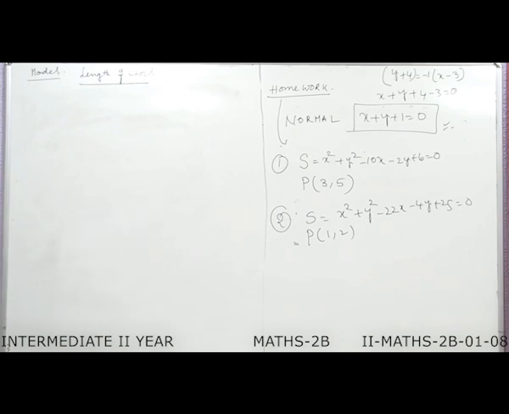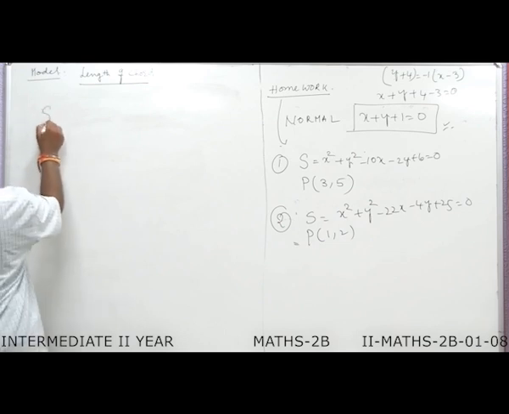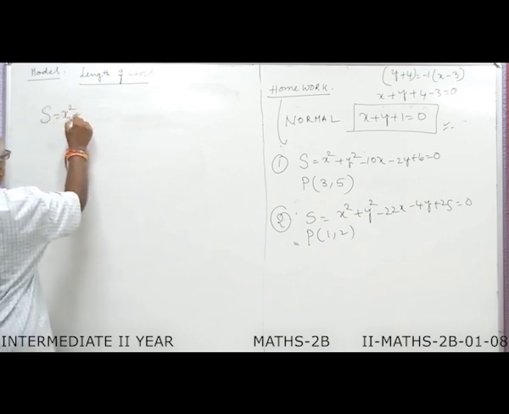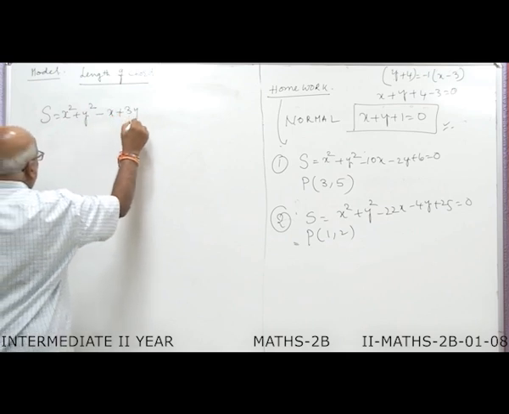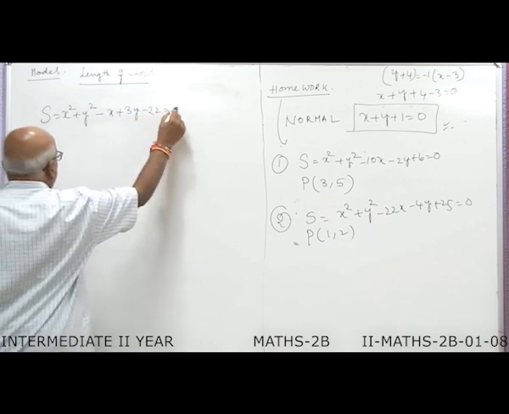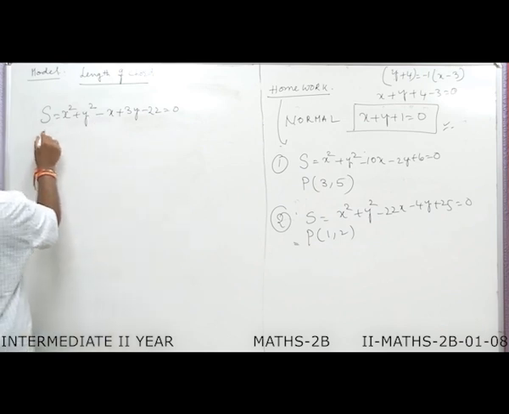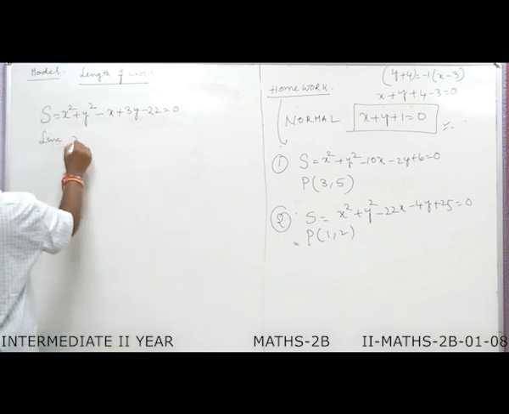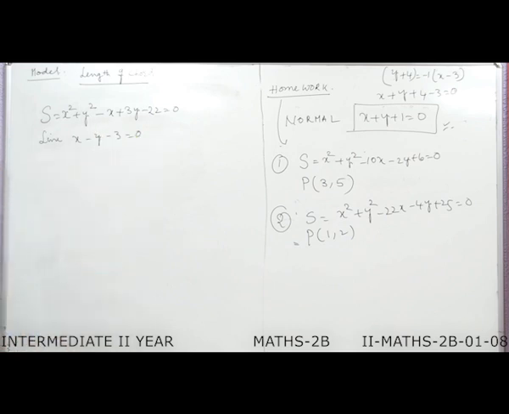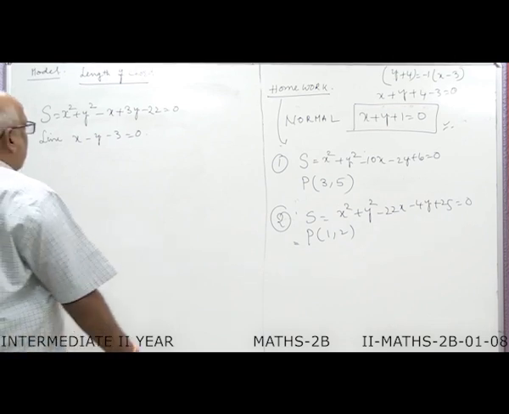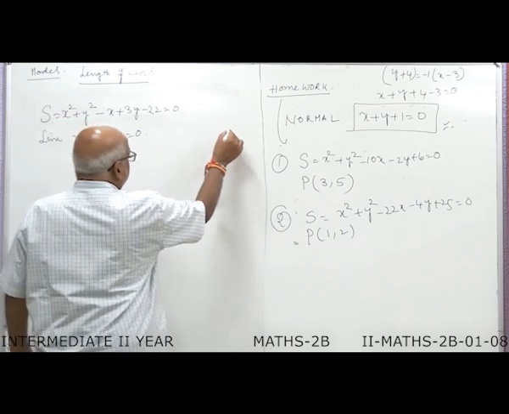Our first problem in this model is x square plus y square minus x plus 3y minus 22 equal to 0. The line x minus y minus 3 equal to 0 is nothing but our chord. What is its length? If you draw the diagram,